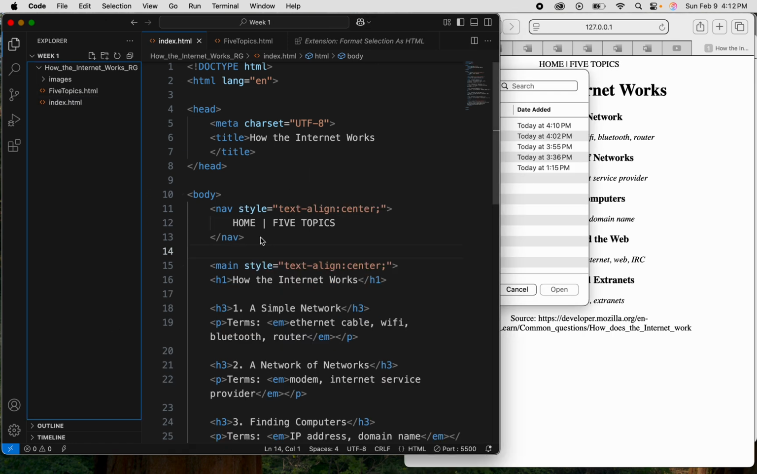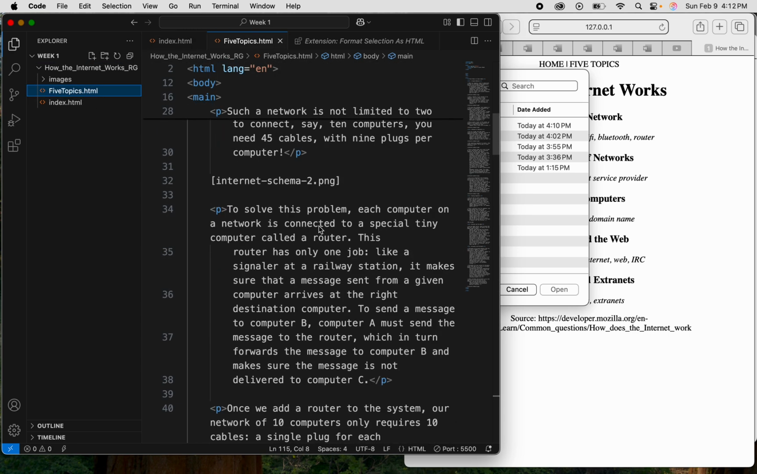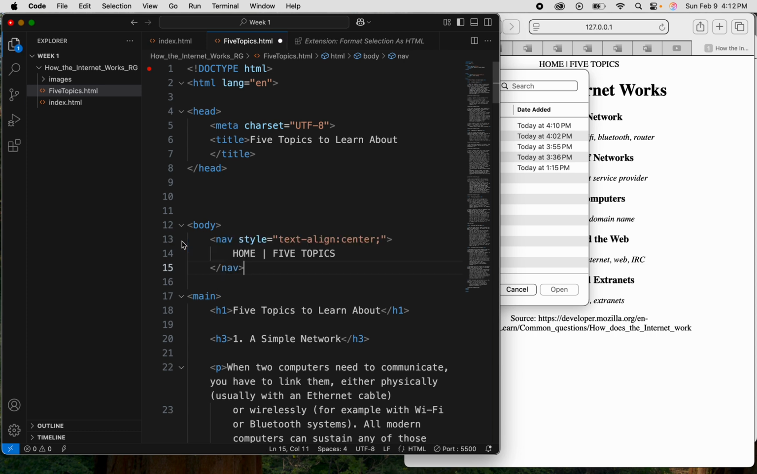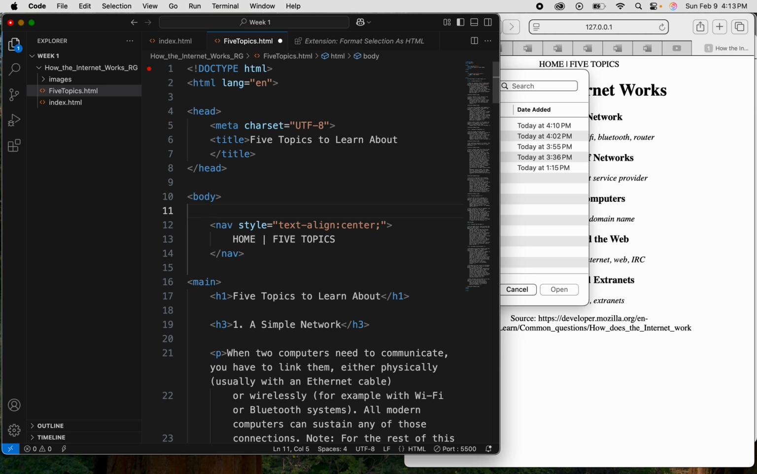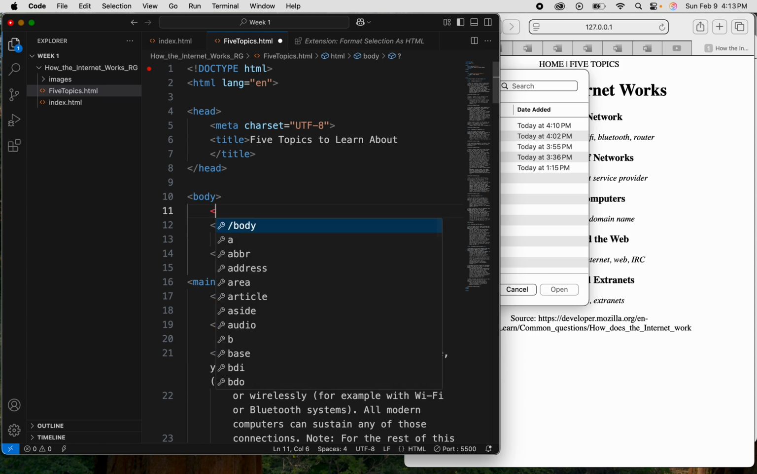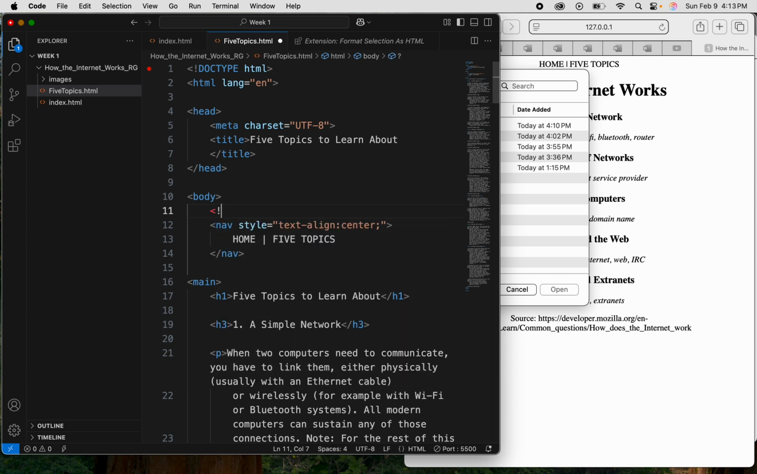So let's copy this navigation section onto the 5 topics page. And do a save. And then let's give ourselves a reminder. Let me just clean this up a little bit. Of what semantic markup is by using the HTML comment tag. That begins with a left angle bracket and an exclamation point, sort of like the doc type tag, but then you type dash dash. When you do that, you'll see that it types the end of the comment tag for you. And I'll just write HTML 5